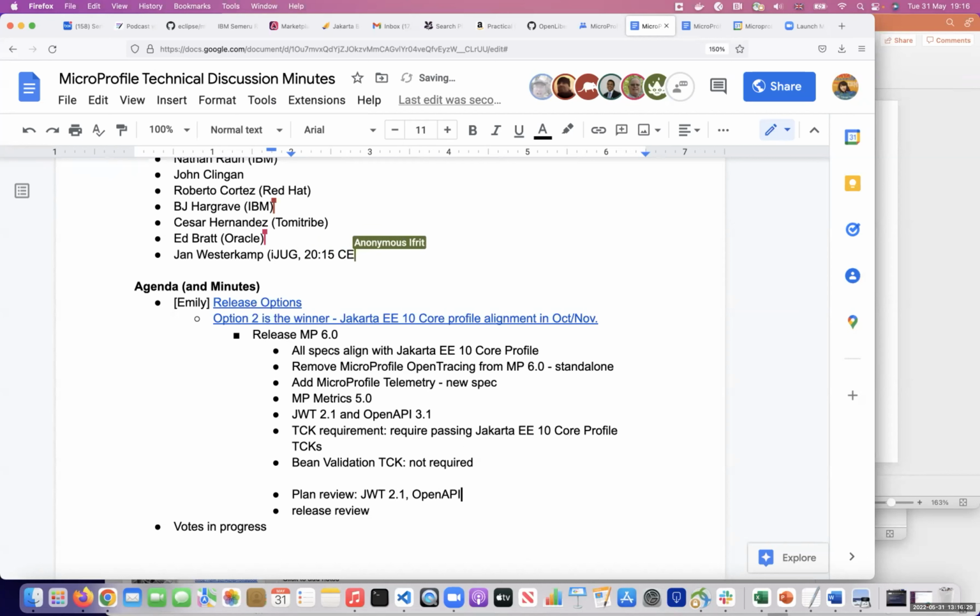Yeah. So hopefully, if we do an October release, at least for EclipseCon, and from what Ed said, probably Java One is also a good target. So that would be nice.